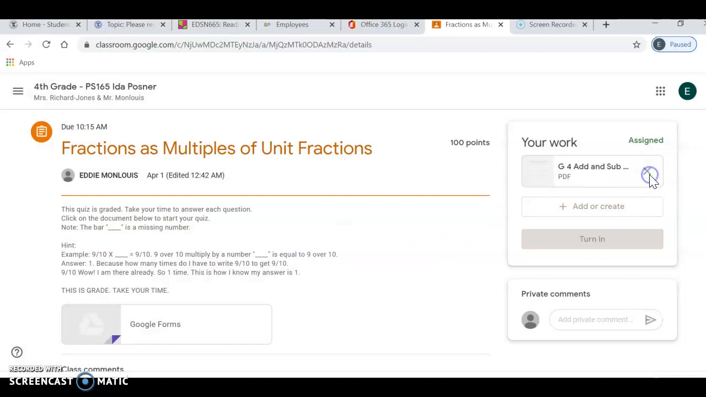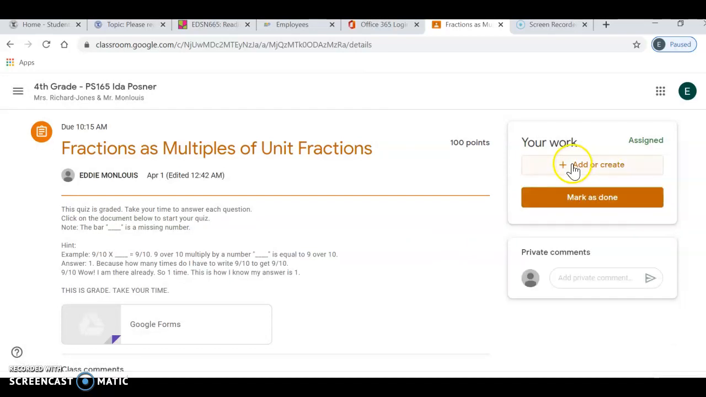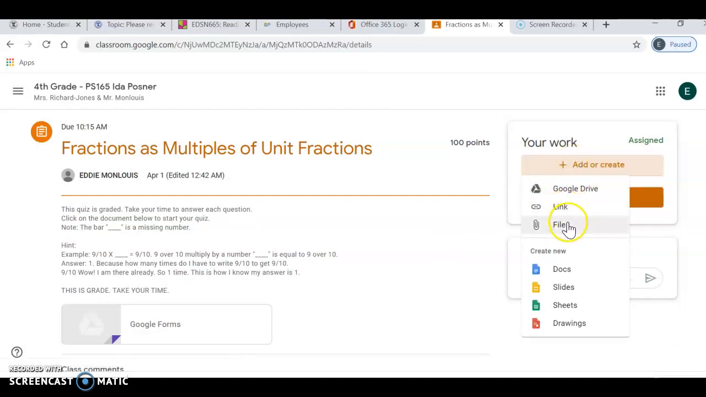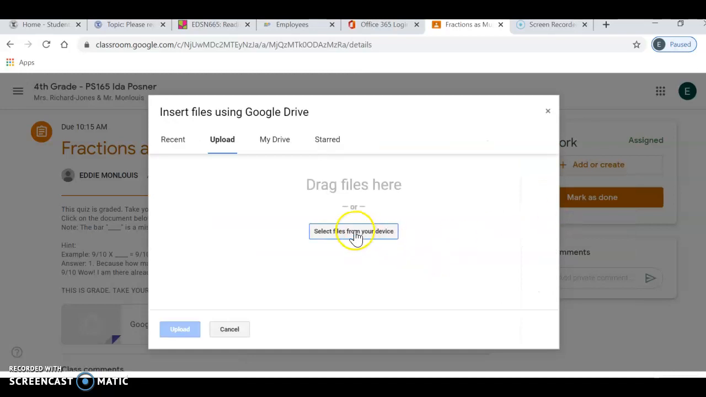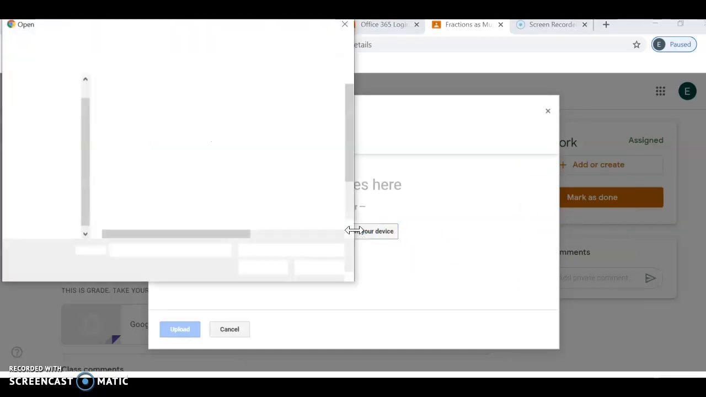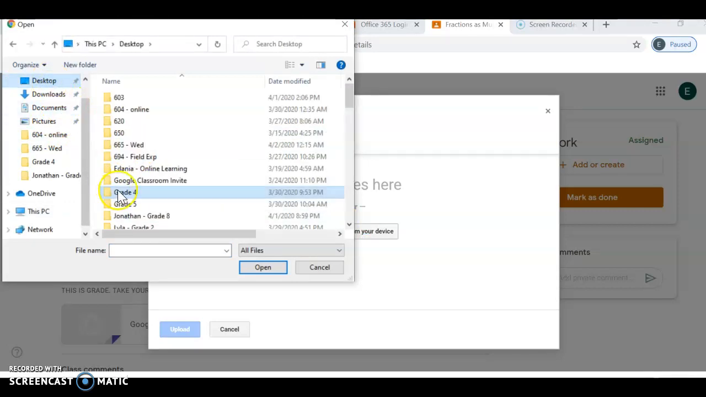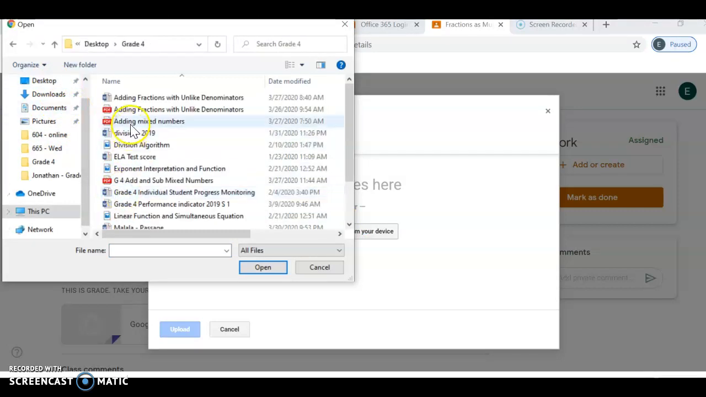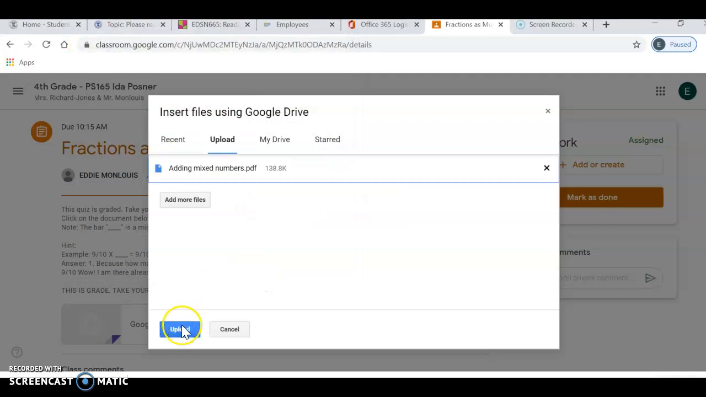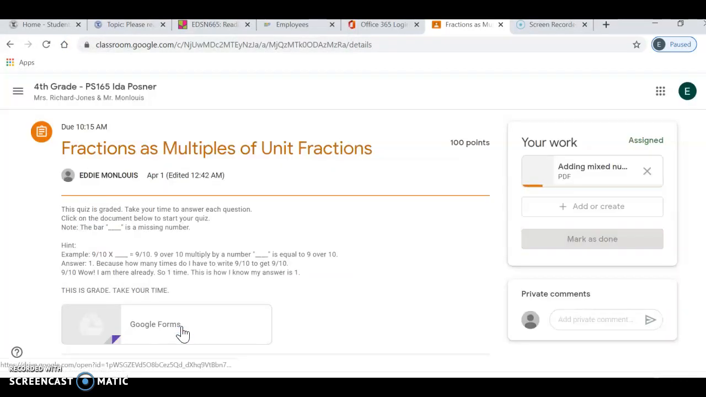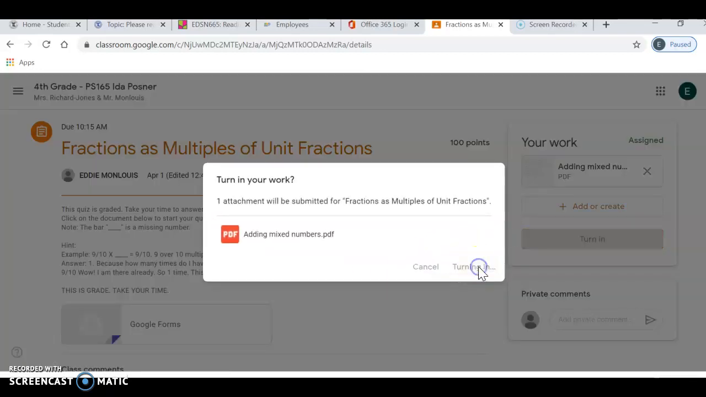So you could delete this and click Add or Create again, back to File, select Files from your device, and now I'm going to click the correct document that I wanted to upload, which is adding mixed numbers, and click on Open, Upload, and that file will go back in there. And I will do the same thing, turn in again,